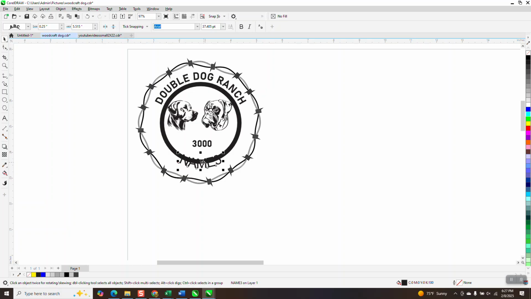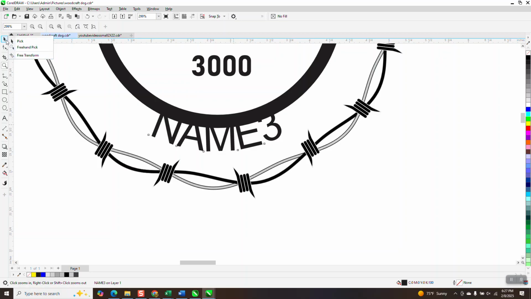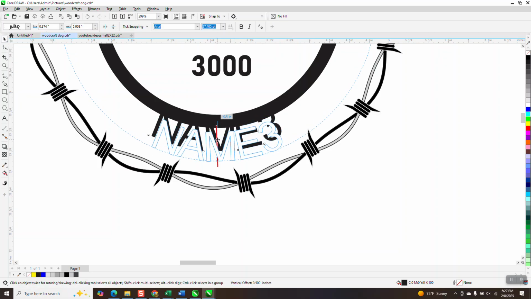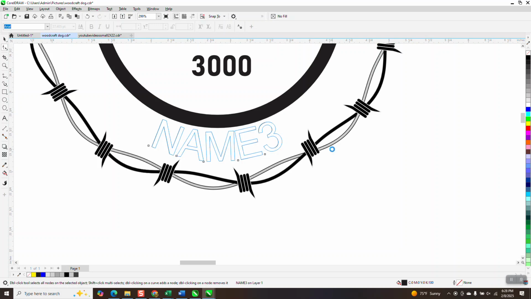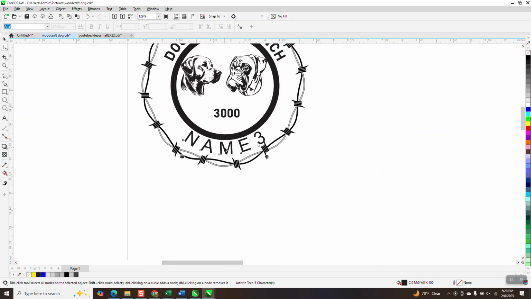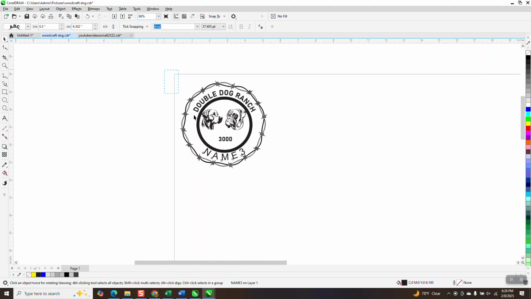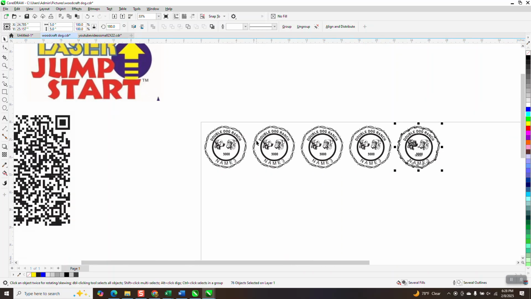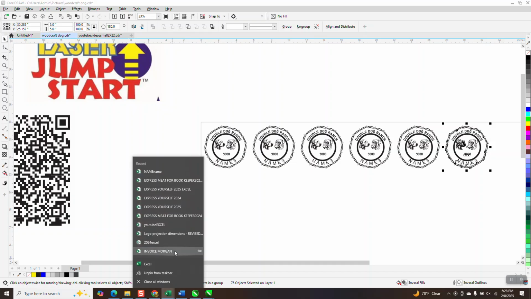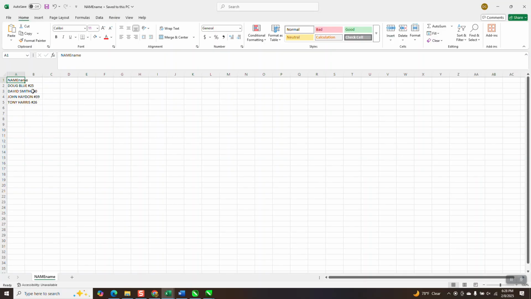We're going to left click, right click, and then we're going to bring it down. And I'm not sure if I should have done center justified, but I don't really think it matters in this. We're going to take the shape tool, and we're going to make this a little bit longer, and we'll just see how it looks. Now what I'm going to do is Control D and make a copy of that. I really want 5. I don't know if it's going to change this one, but I need 5. So now I'm going to go to Excel, and I'm going to start a new sheet,